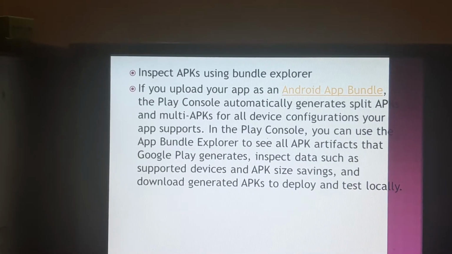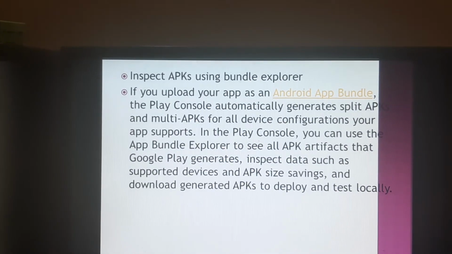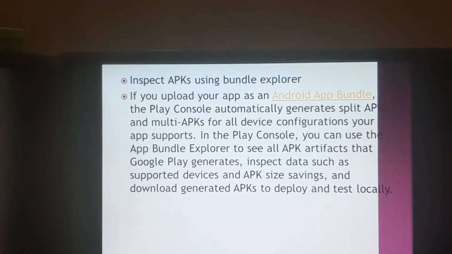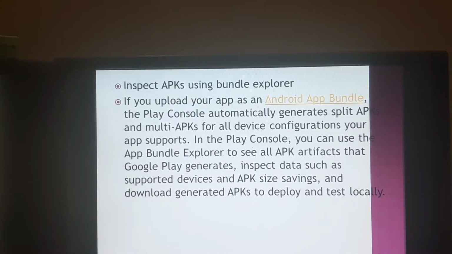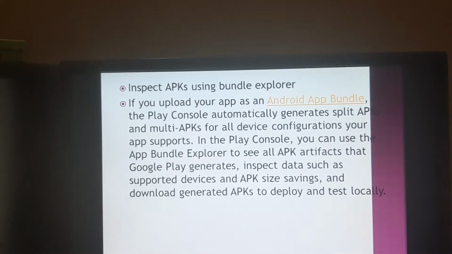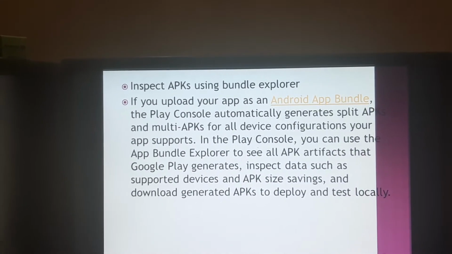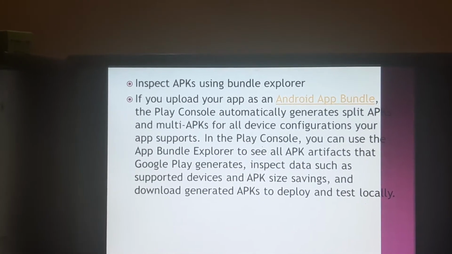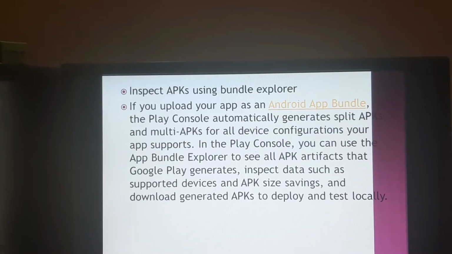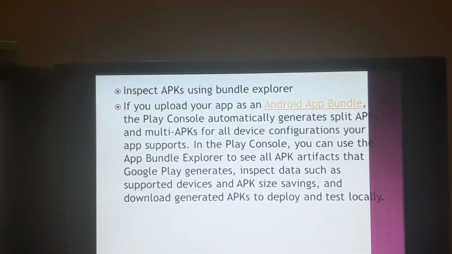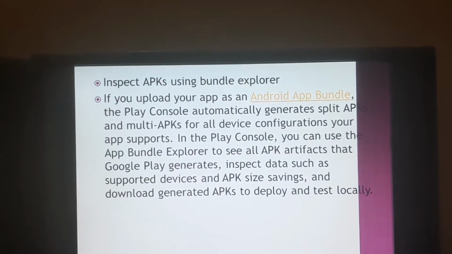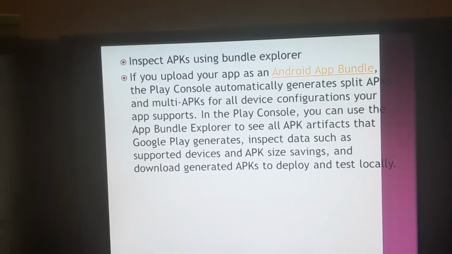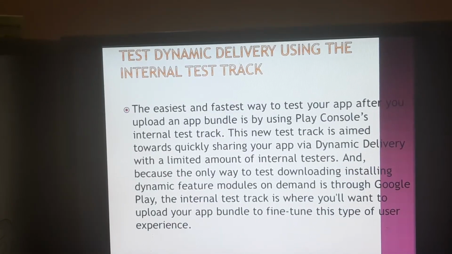To update your app bundle after you upload your app to the Play console, you need to increase the version code you include in the base module, and build and upload a new app bundle. Google Play then generates updated APKs with the new version code and serves them to users as needed. And this can be done with the help of your Google Play Store. Okay, this is how I'm going to distribute my application.